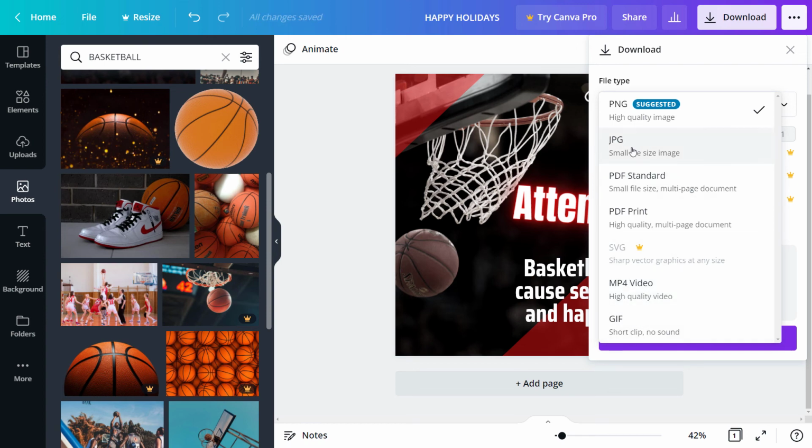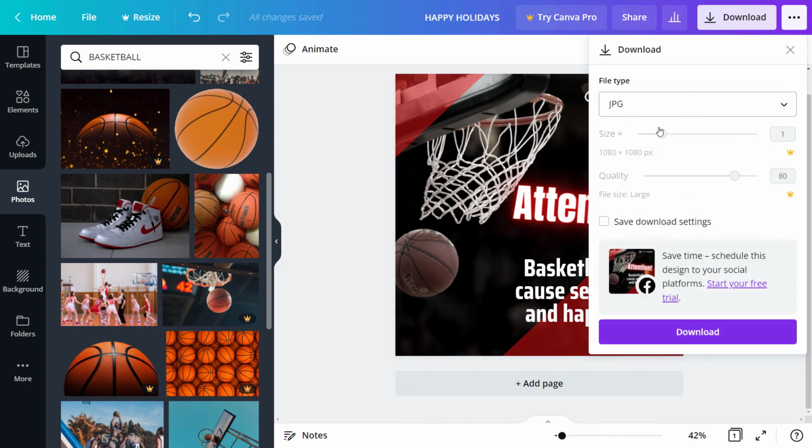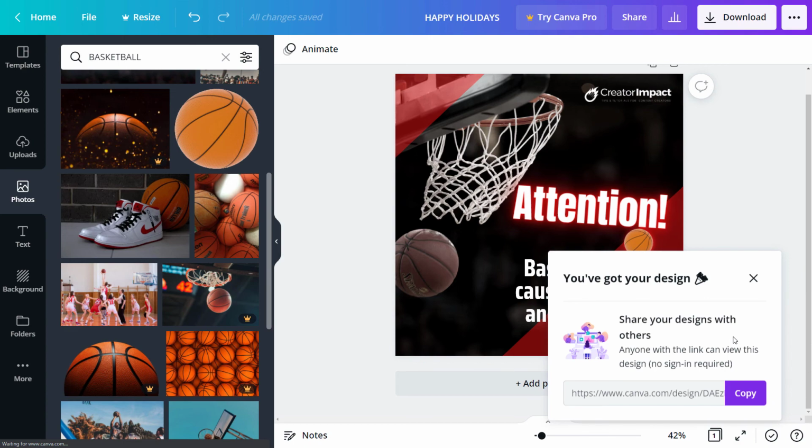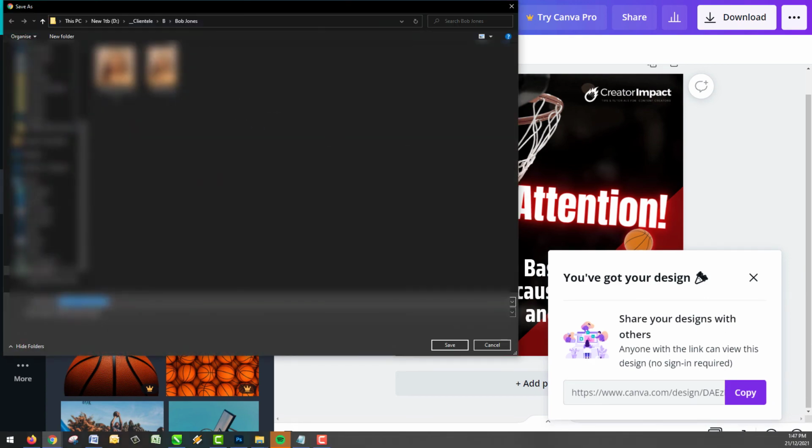We're going to go with a JPEG, and we've got no options here. We can't make any adjustments because we're on the free plan. You can see the crown. So if we had Pro, we can make the quality less or more, or the size less or more. But for now, because we've already set our size, we're going to hit download. And it's going to actually produce a JPEG of the design we've created, and it'll allow me to save it here, which I'm going to cancel